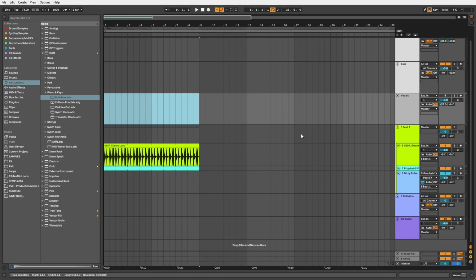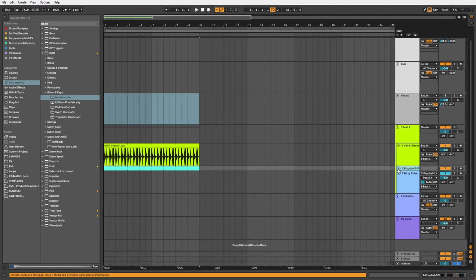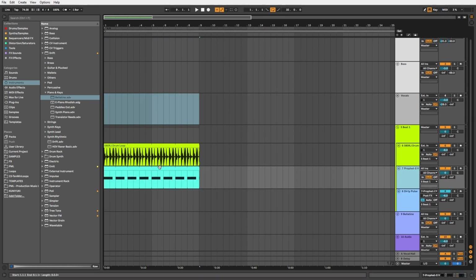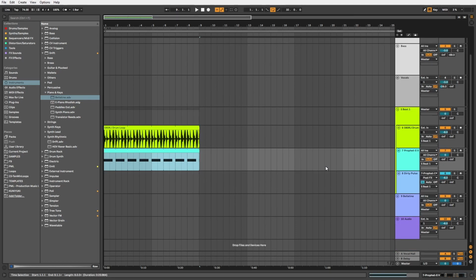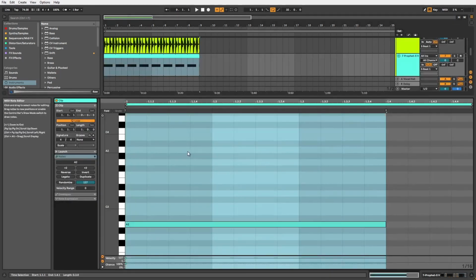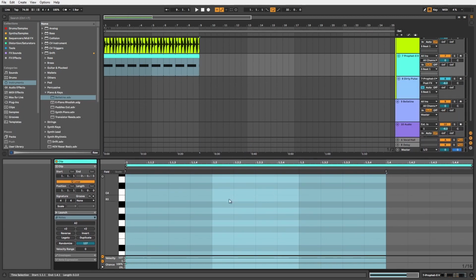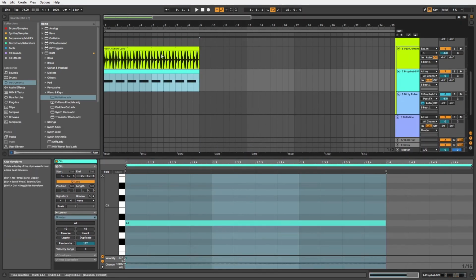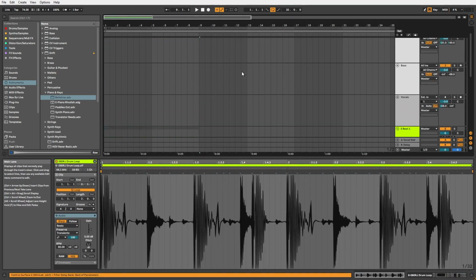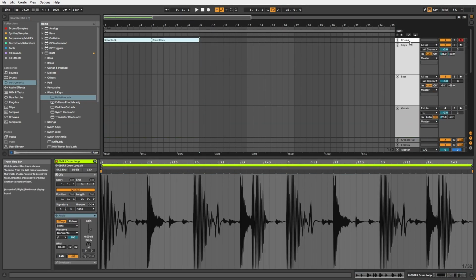Open up the beat here. We can see our beat. We can see what we're playing here, the MIDI data. So I'll just sort of, so I can see, I have more space. We can see the drum loop here, and we can see over here